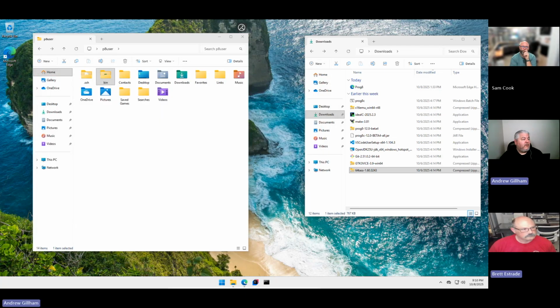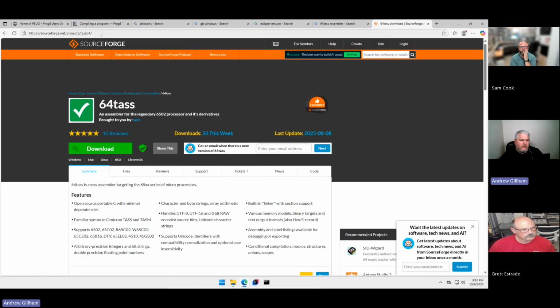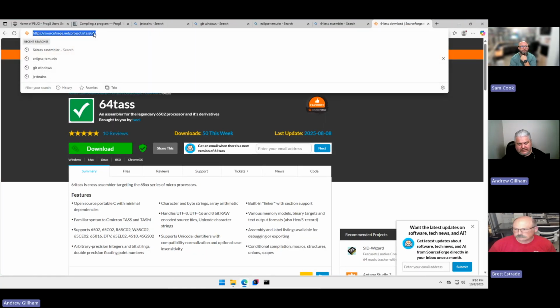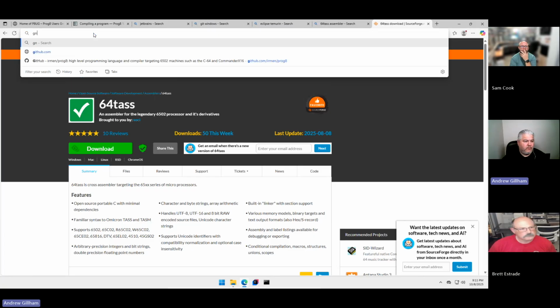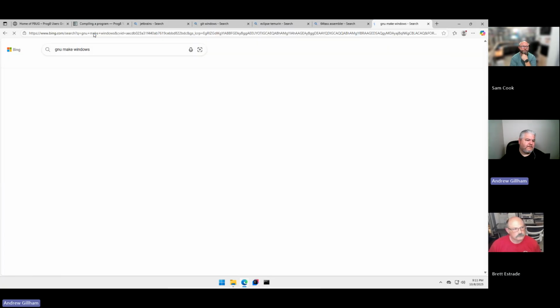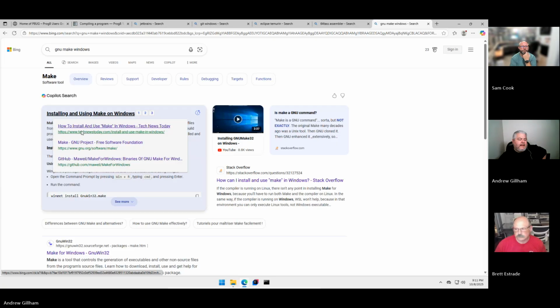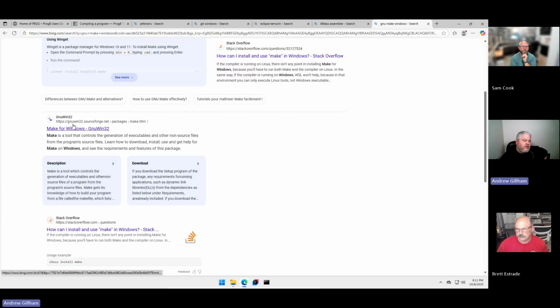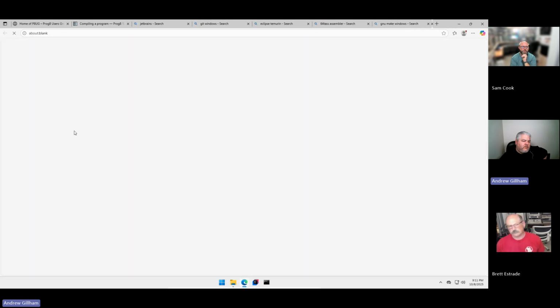And then we want to be able to use make files. So the next thing that we're interested in is GNU make, and that's GNU make for Windows. So if we search GNU make Windows, and scroll down here, there's gnuwin32.sourceforge.net and Make for Windows. So if we go in there,